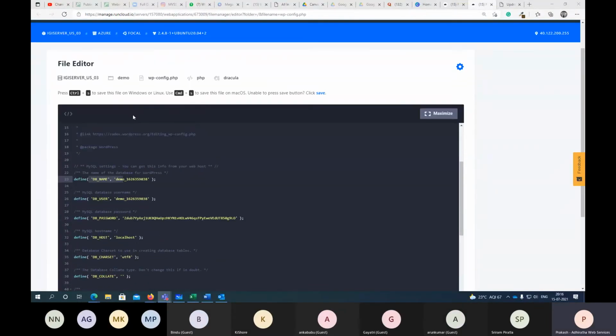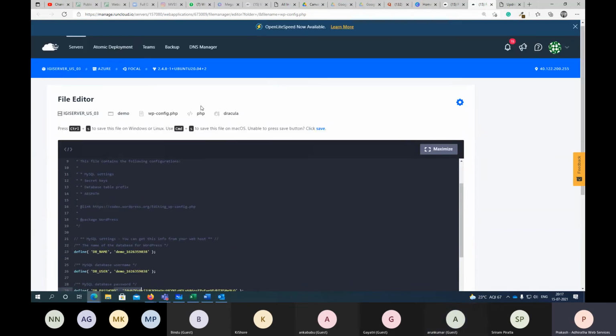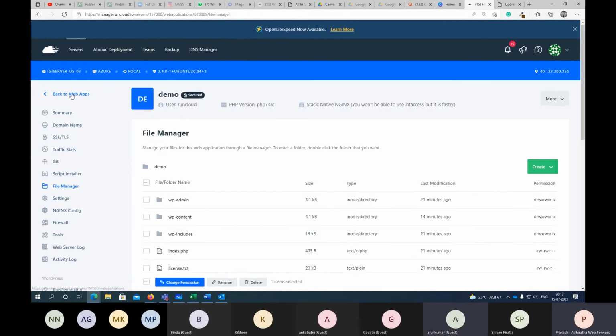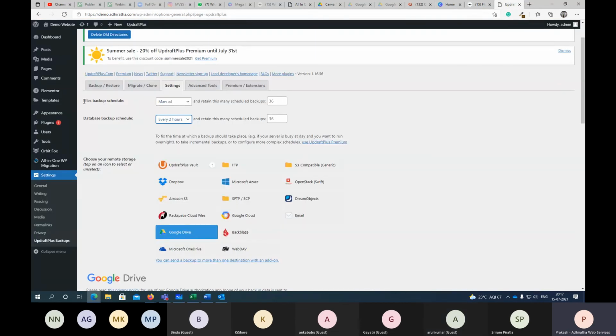Right. So if I go to this wp-config file, I'll be able to see the database name, database password, all the things, because this is where it is mapped. Now, if I close it, we have a database and we have a folder structure. That is what backup you have to do here. One is files and the other is database backup. These two things should match. Then only it becomes your website. If you miss a database, there might be a problem with your website. If it is not matching with your folder structure, then it will be a problem.